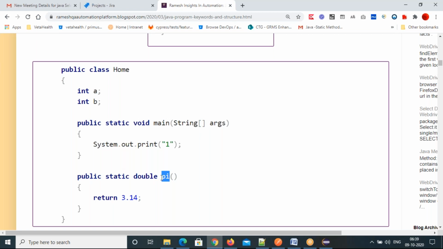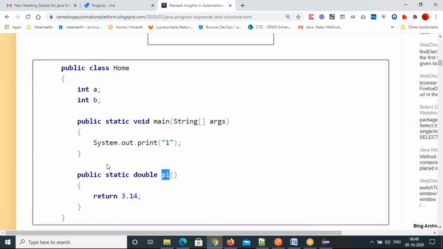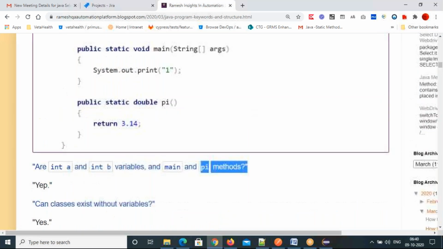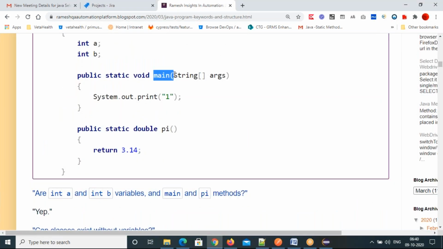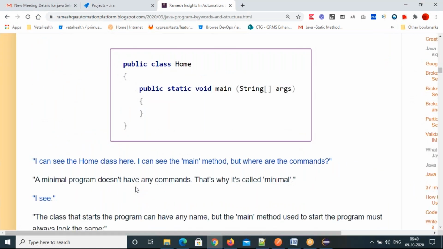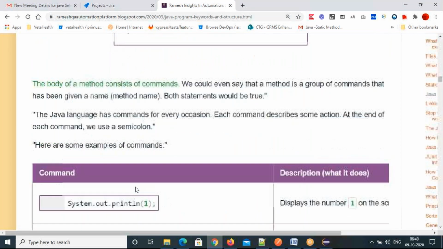Here, a and p are variables, main and pi are method names. Main is given by Java, but pi is our own method.